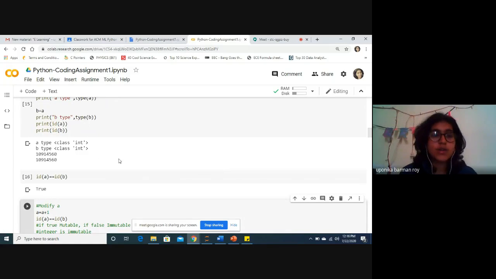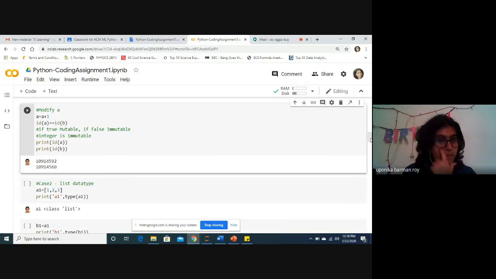The ID of A and the ID of B show what these two are referring to. Both are of the same kind, so it will return True. There are various other examples of mutable and immutable data types.